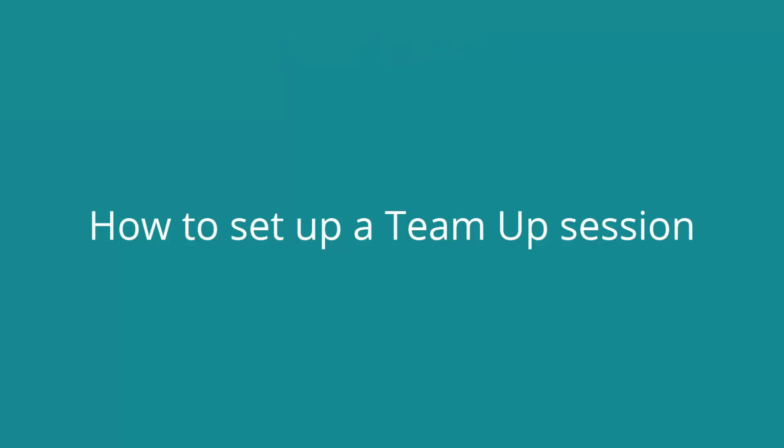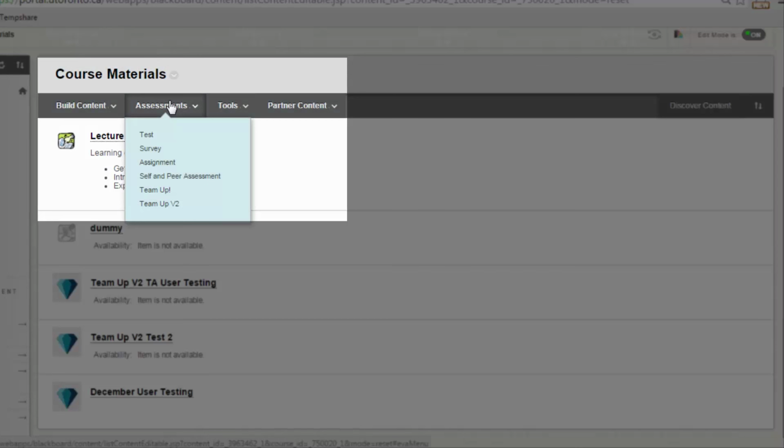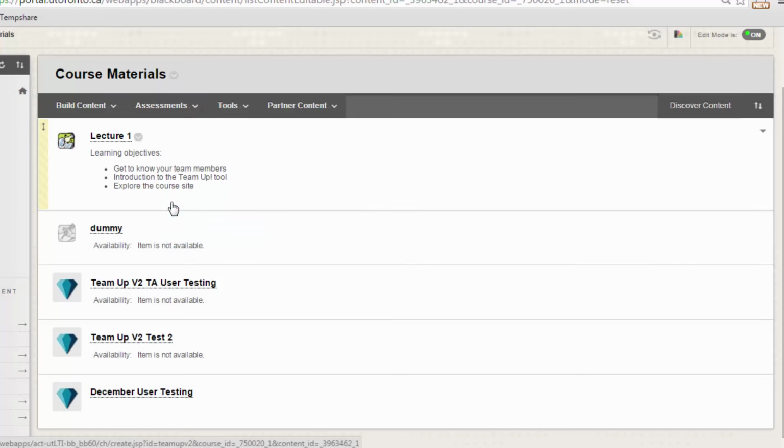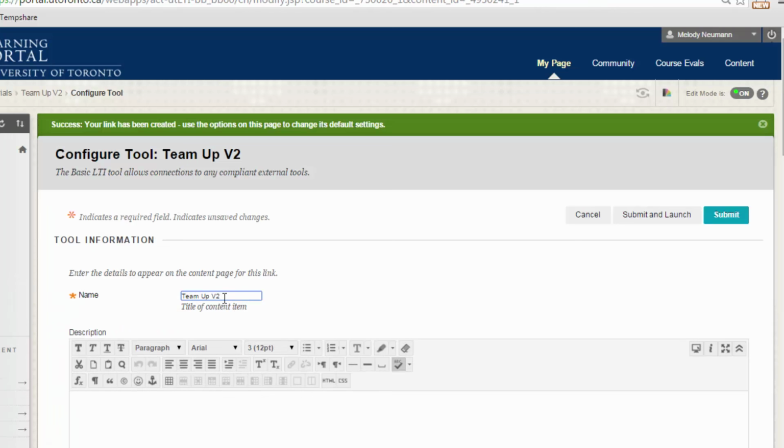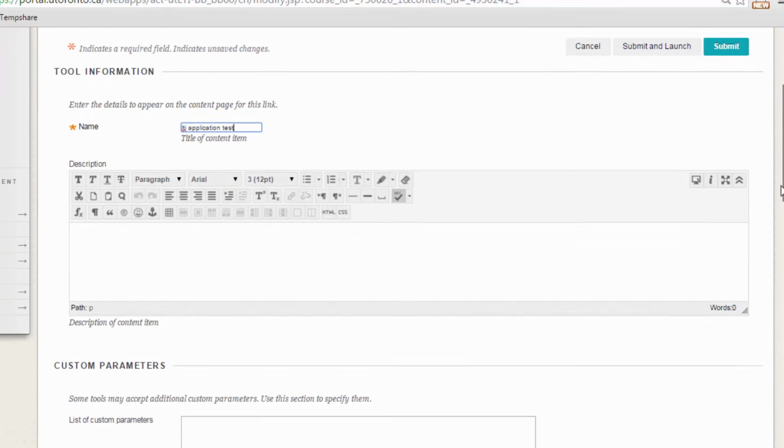So from the instructor's end of things, you go into your course as usual, and this is using Blackboard. If you wanted to create a Team Up assessment, we would just pull it down from the menu. We can call it whatever we want. Let's call this LTI. It's fairly simple